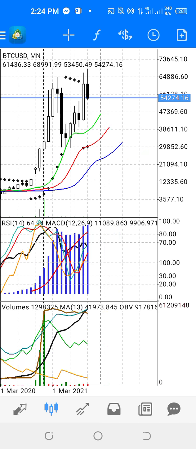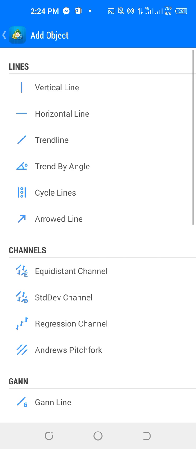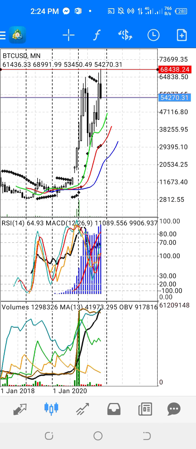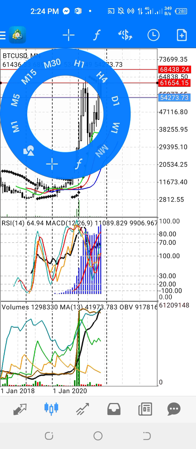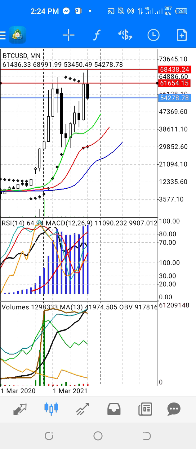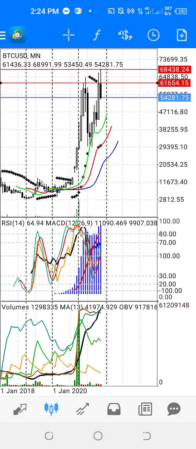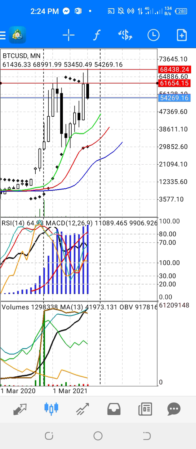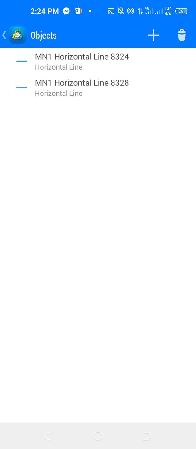Since we know that there is no previous reference for this top-down analysis where we can refer our resistance and support for the possible reversal or the pivot points of the prices, based on the present scenario we will try to anticipate or monitor so we can have references from the previous months or years. Okay, so this is the monthly top-down analysis for Bitcoin.